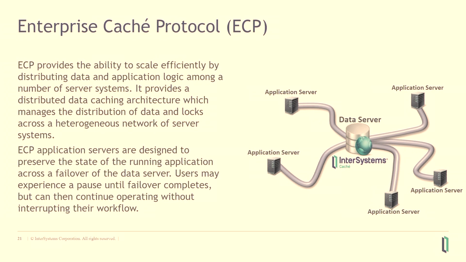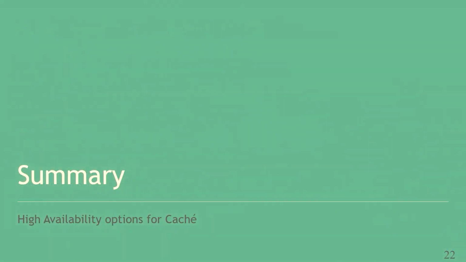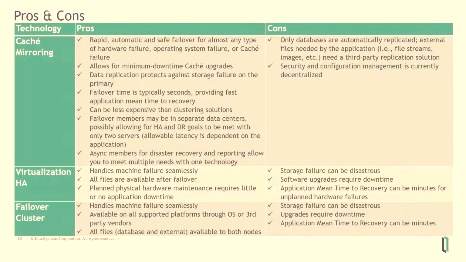So there's that piece of the puzzle, plus the whole redundancy of application servers and the ECP connections, etc. So our mirroring manages the data server resiliency, and ECP manages the application, the outward going connections, etc., to provide that kind of resiliency. I will upload this, I think it might already be available, but if not, we'll definitely upload this. I'm not going to go through and read all that, but basically it just summarizes what I talked about so far. And at this point, I'll hand it over to Pete.